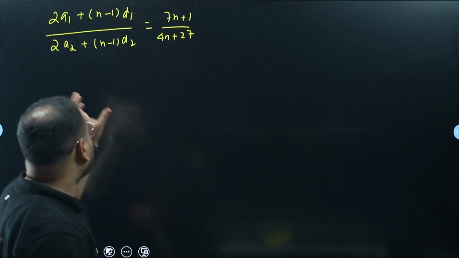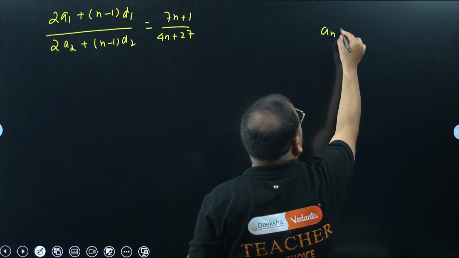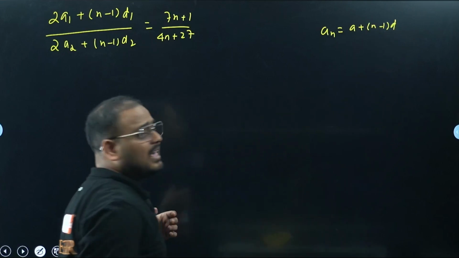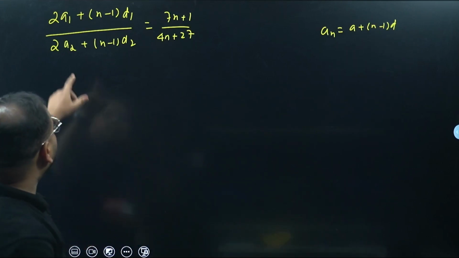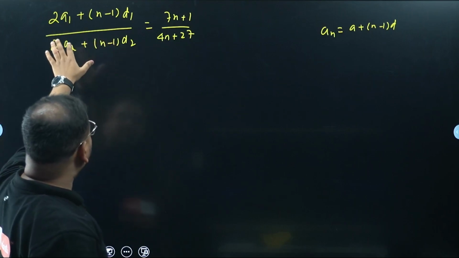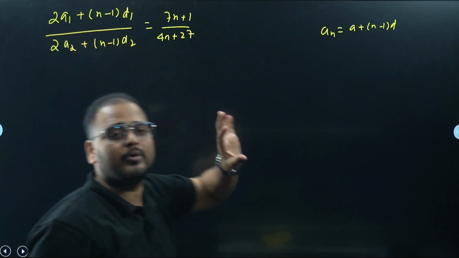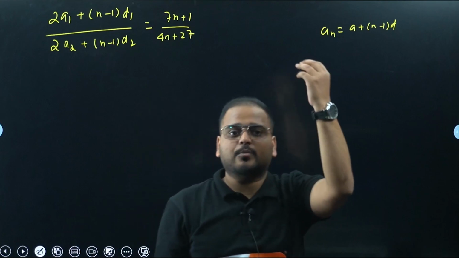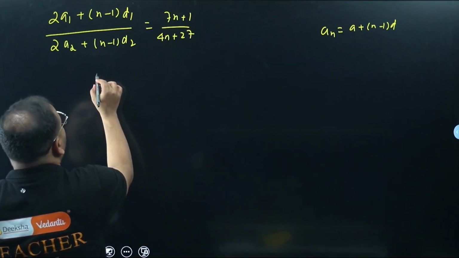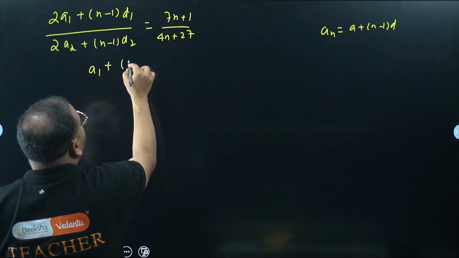But before that, for any nth term, what is my nth term formula? A plus n minus 1 times d. Okay, sir. But here there is 2a1. So I have to replace it. Let's move this 2 to the denominator. Basically, for the LHS, divide both numerator and denominator by 2. If I'm dividing both by 2, this will become a1 plus n minus